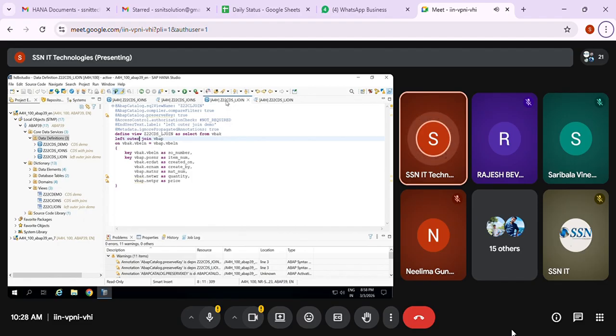If you join n number of tables also, performance is not going to go down. Instead of using for all entries, you can use the joins concept only in CDS. Clear? There is no concept of for all entries in CDS. Clear?